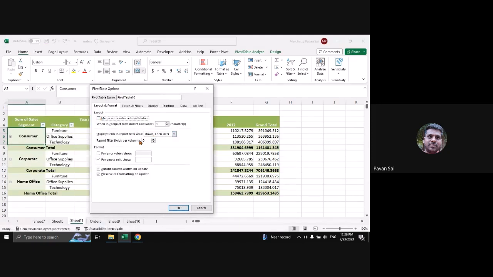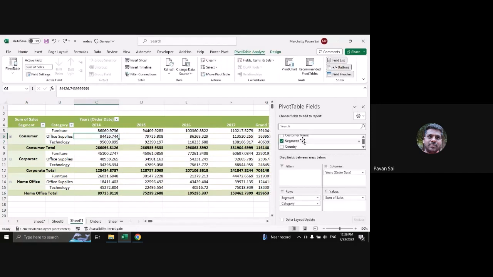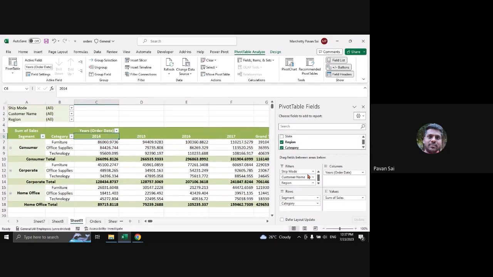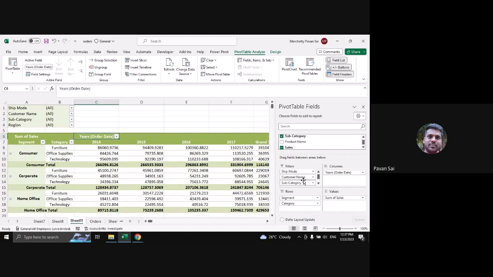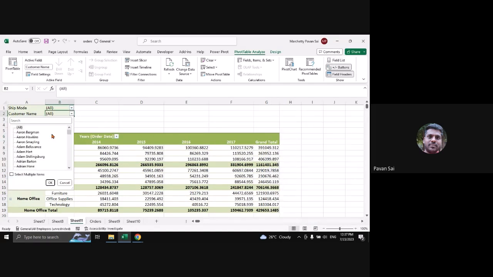This display fields in report area, I'll try to explain. Imagine this is the pivot table analyze, right? Just click on field list. Let us bring multiple filter criteria. Let us bring ship mode, customer name, region, state. Let us bring all these. There are 3. Let us bring one more. Let us bring subcategory. Okay, we have multiple filters, but for choosing it, it will be a little troublesome,